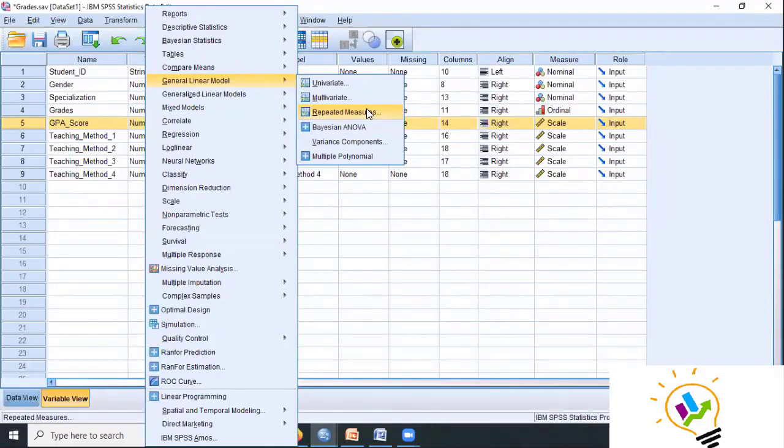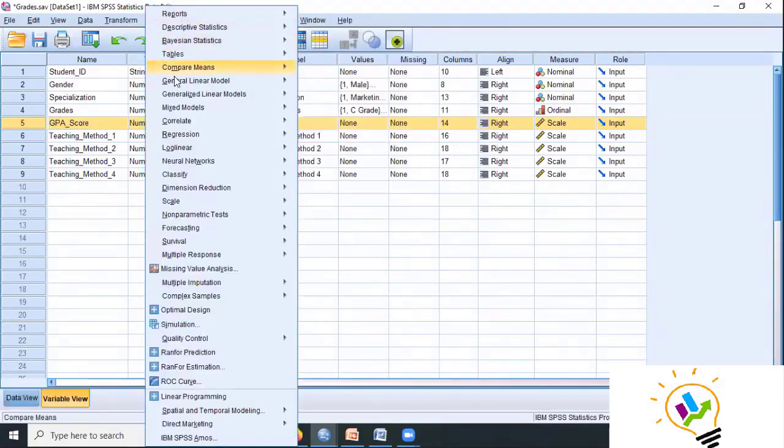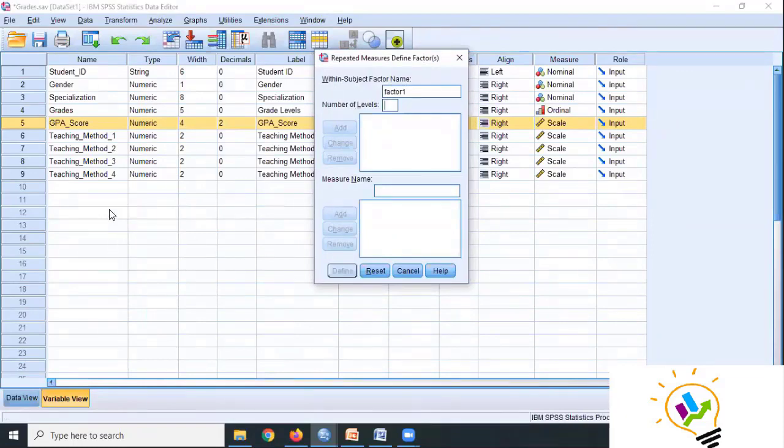Right, repeated measure. The analysis part is Analyze. In Analyze, we have General Linear Model. In General Linear Model, we have Repeated Measures. So how many levels do I want to use? I'm saying 3 levels. Don't bother about this.